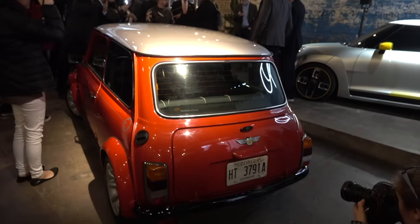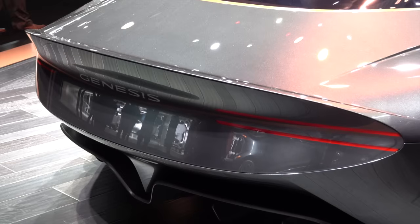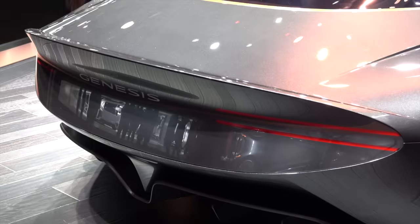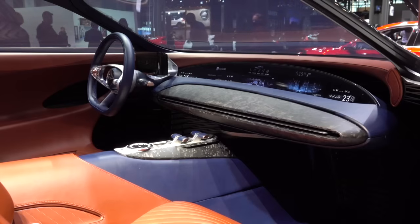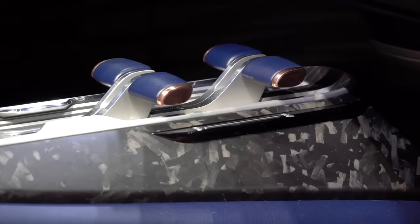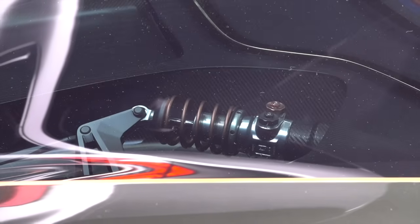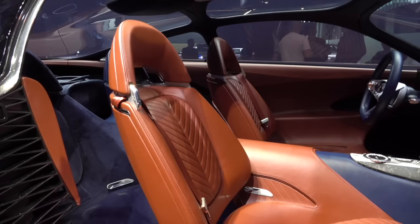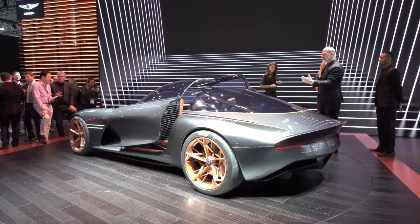I know I do. This one, definitely a concept, but the Genesis Essentia surely wowed the crowd. Made of carbon fiber, this electric grand touring look into the future is stunning in person and was one of the big hits of the show. Check out the hood. You can see the suspension. Even if it made it to production, it couldn't look exactly like this, but even if it's in the ballpark,